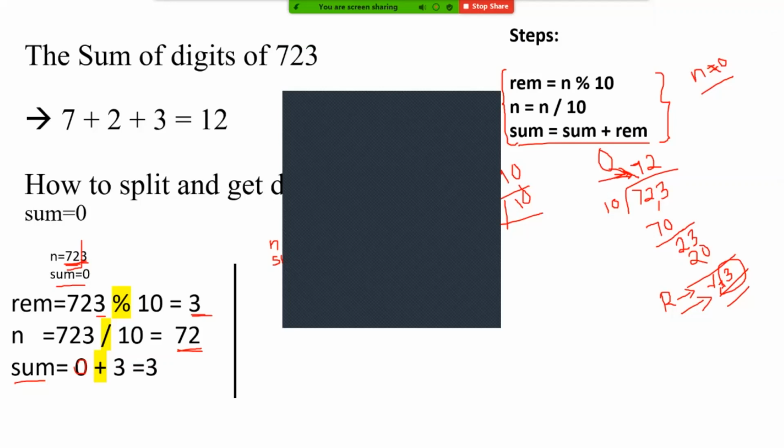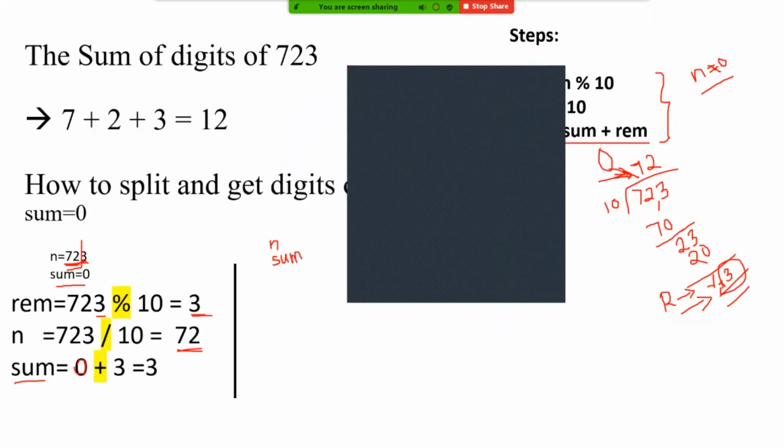Janani, sum is 2. Nirma messaged correctly. Agash P. Agash, correct. Javid also correct. Tejas. Everyone, all are sending, then all will be correct.